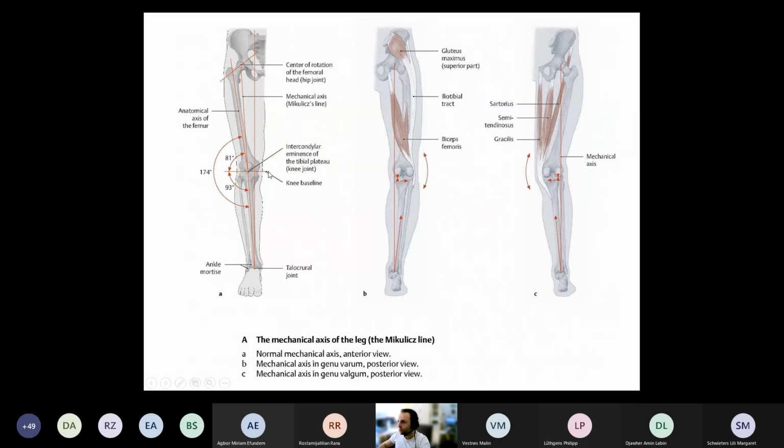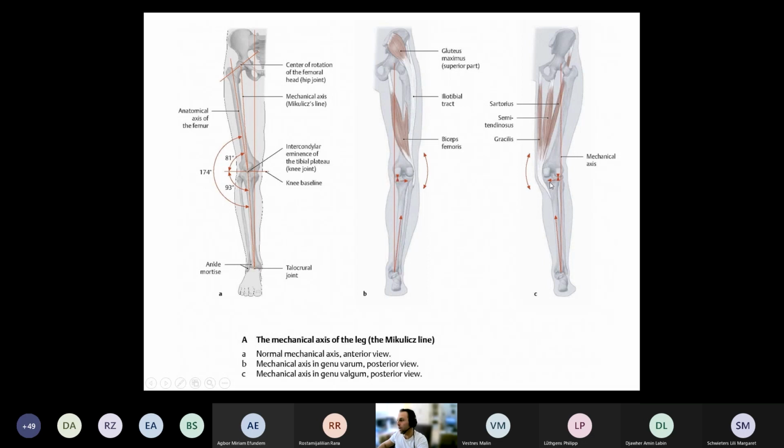Should there be any sort of medial shift or lateral shift in the positioning of the femoral bone and tibia, that will cause an overload put on either the medial side or the lateral side of the knee joint. If you have a shift to the lateral side, that is producing the so-called genu varum or varus position of the knee, which will obviously put too much stress on the medial part of the joint,